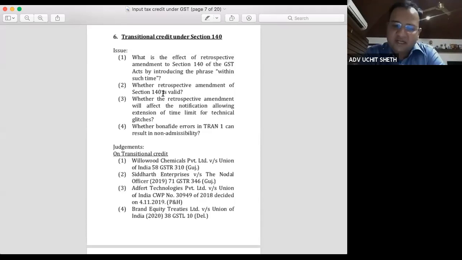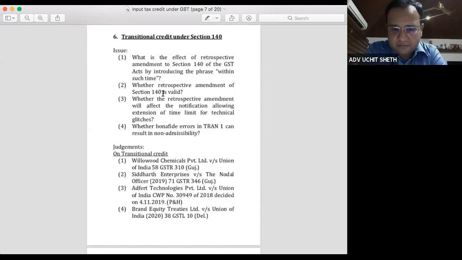Ultimately, Gujarat High Court also adopted the same reasoning as adopted by Supreme Court in ALD Automotive and said that if we allow the SSEs to claim the transitional credit at any point of time, there will be major practical issues of verification of the claims. Therefore, Gujarat High Court took a view that no, we hold that the time limit for filing Tran 1 is mandatory. If you skipped filing of that form within the stipulated period for whatever reason, then you will lose the benefit of credit.